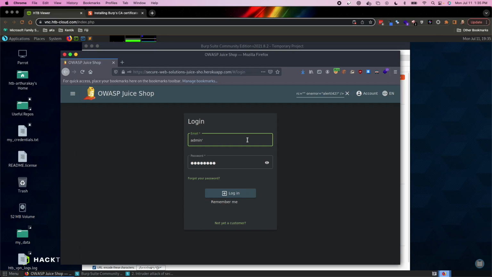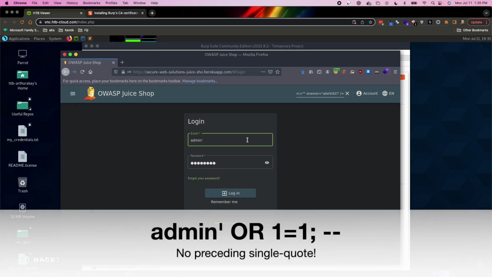But by us providing it, we're going to escape that statement early. Say or 1 equals 1